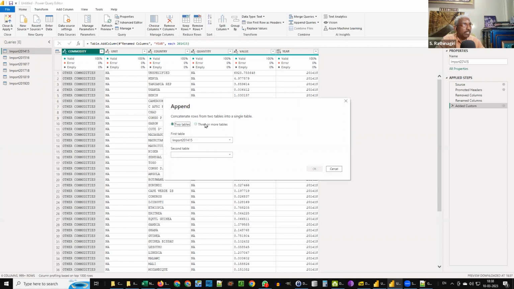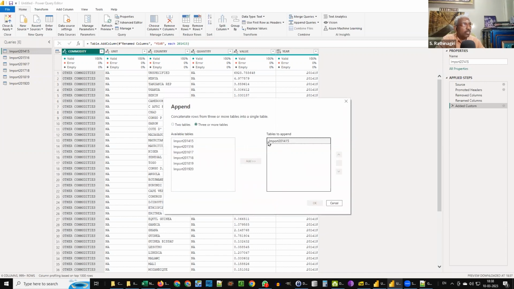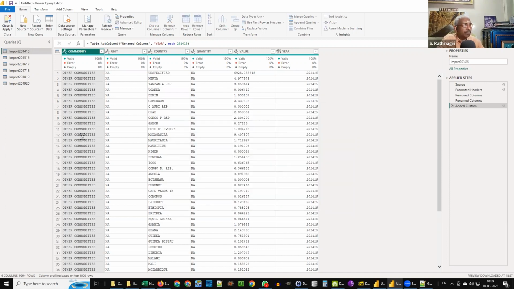I don't want 2 tables. I want 3 or more tables. 2014-15 is already listed. So let us select from 2015-20. Let me try to add this. Now I am having 14-15, 15-16 in a proper order. I can rearrange also if I want, but I think no, not required. Once I press OK,